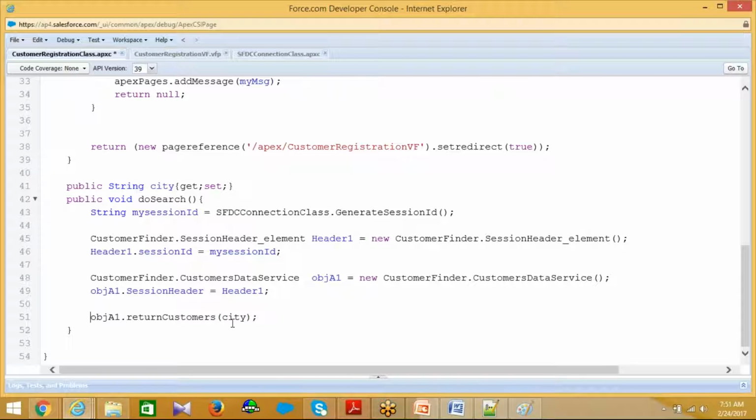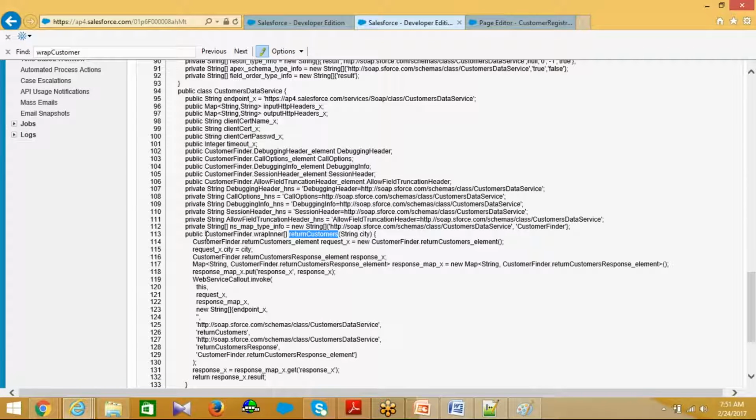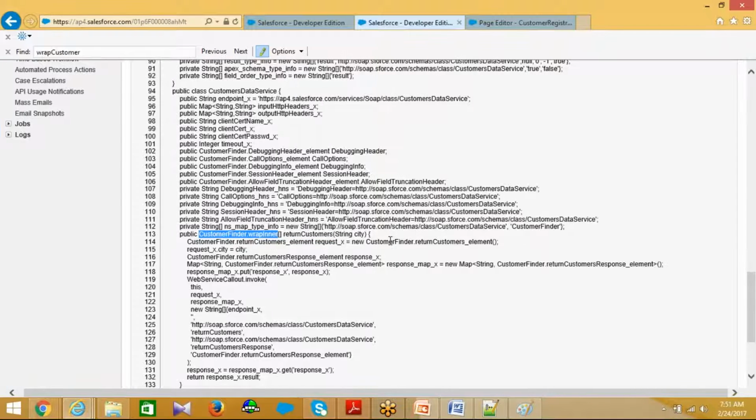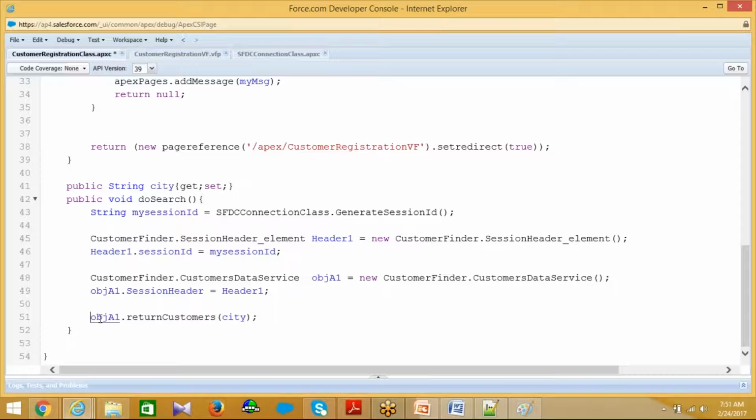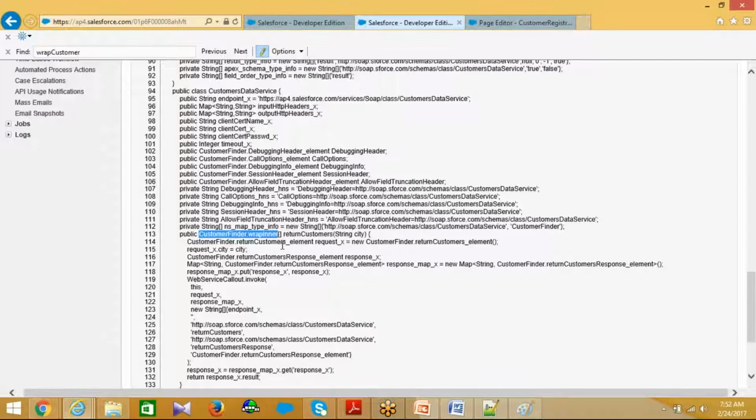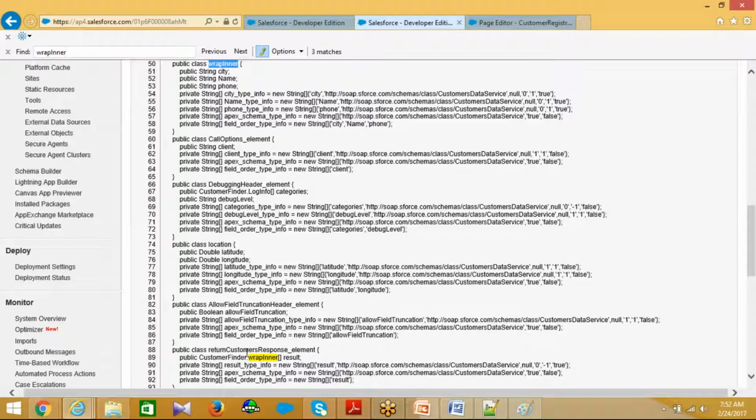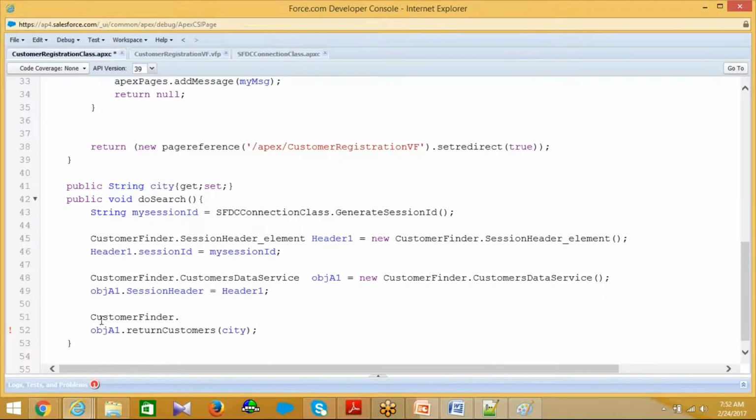And what is the type of data you get back? So this is the type of data, customer finder dot wrap inner. So you need to create an instance for it, customer finder dot, so what is the class? So wrap inner. So here is a variable, you can see result equal to,